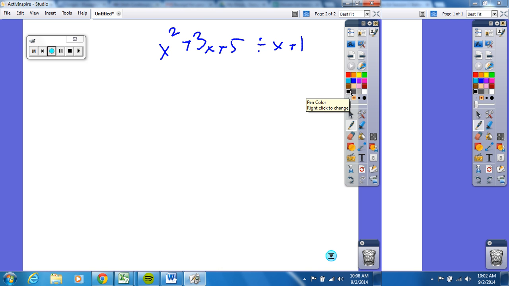So I still put the number, because remember, if I had 1,375 divided by 15, the 15 went outside, this guy went in the house, right? Make sense to you? Okay. So I have x squared plus